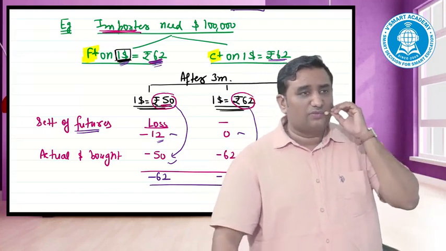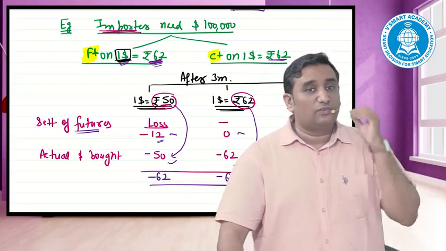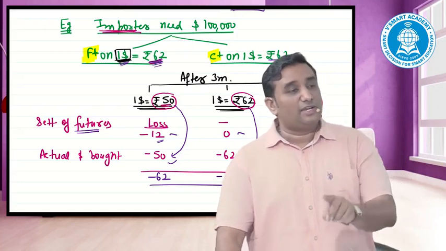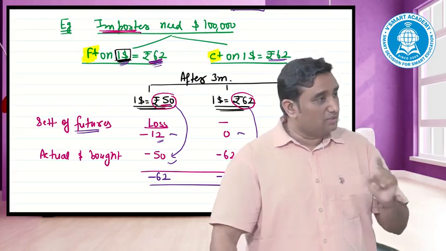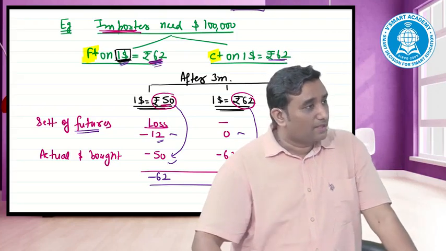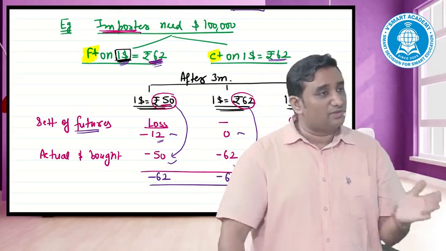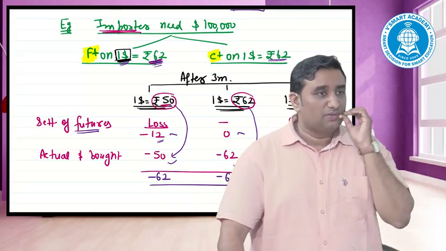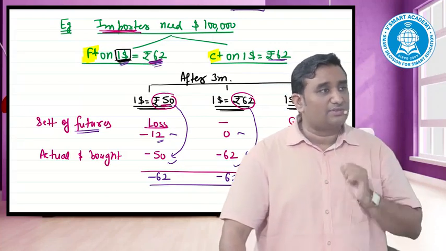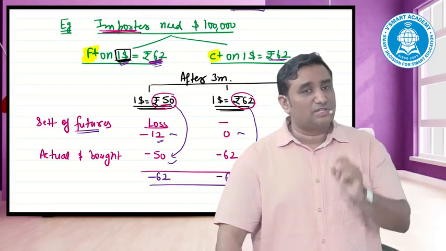Then why would someone go for the future, sir, in case option gives me a benefit on the lower side also? Then why would someone go for the option market? When future says I'll freeze your rate at 62, option says I'll freeze your rate at maximum of 62. Your rate would be maximum of 62. Then why would someone go for the futures market, when option market gives me a lower side benefit also, and higher side it freezes the 62? Because of premium cost involved. The options have a premium cost involved. Futures does not have that kind of a costing which is involved. Because of that reason, the people do not prefer go for the options, because a fixed cost of the option premium is being paid.